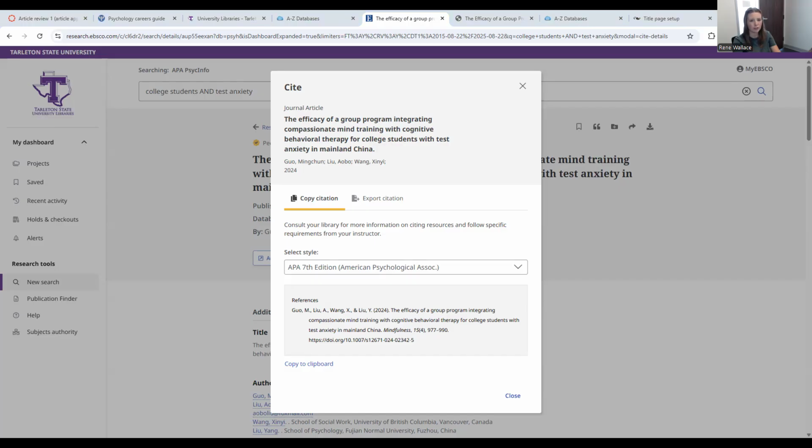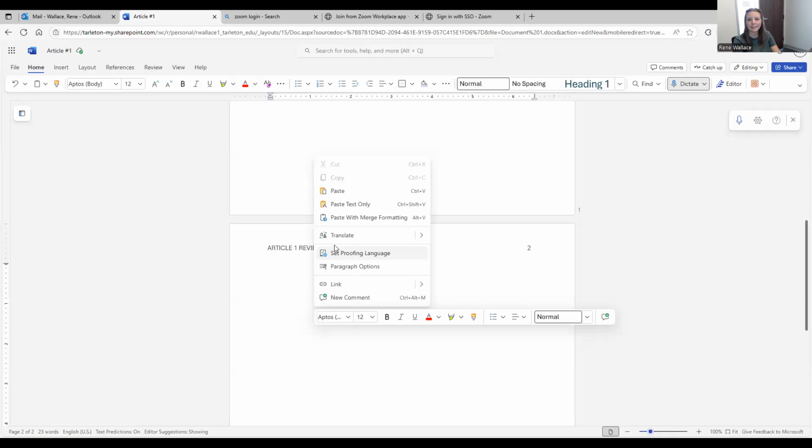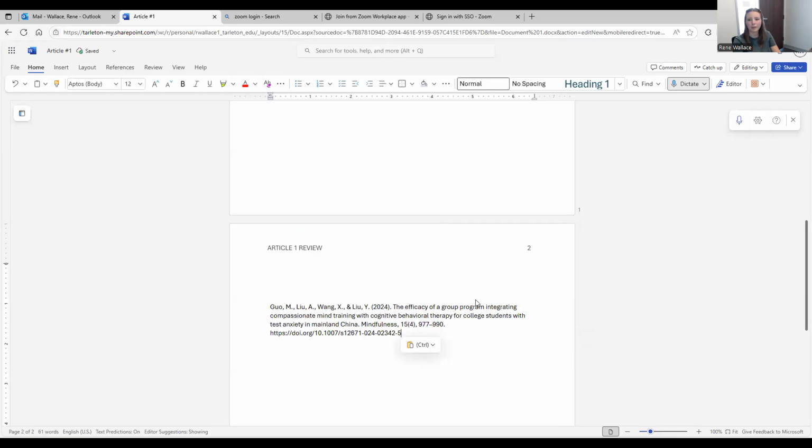So I'm going to come over here to my paper that you can't see now. Back over here. I'm going to paste. And probably nothing came the way it was supposed to. So I have the words. I have author last name, comma, first initial. Second author last name, comma, first initial. Third author last name, comma, first initial. Fourth author last name, comma, first initial. And we have periods, commas between them all.